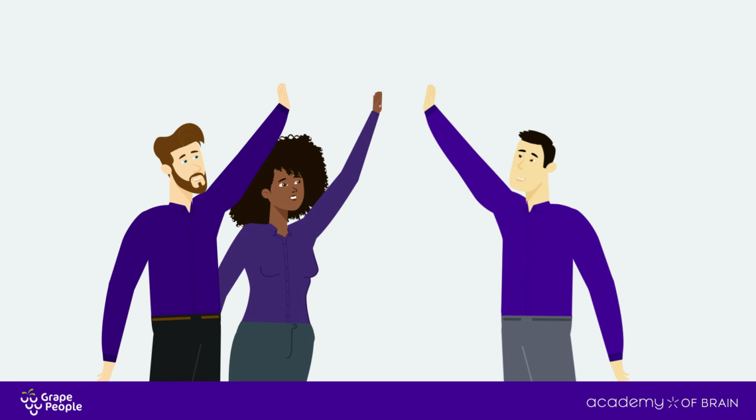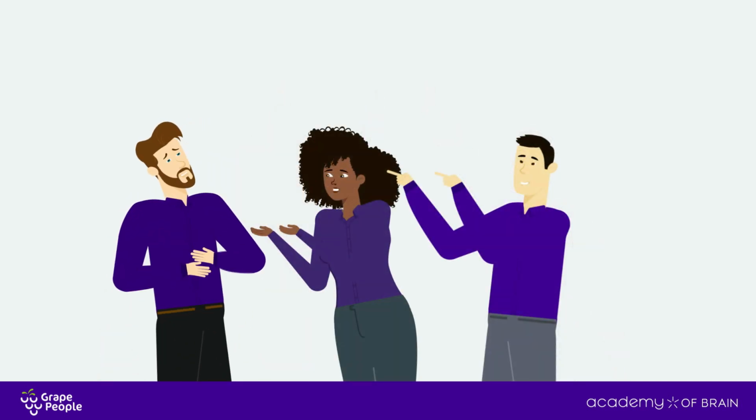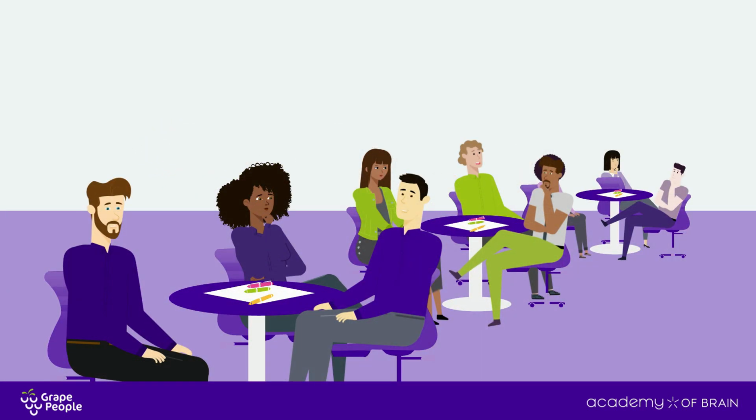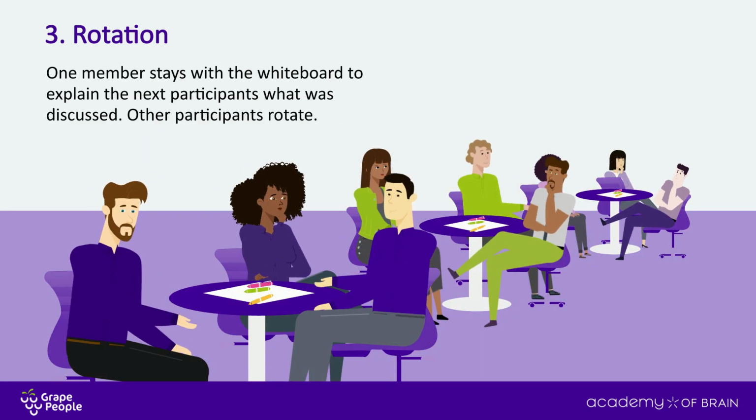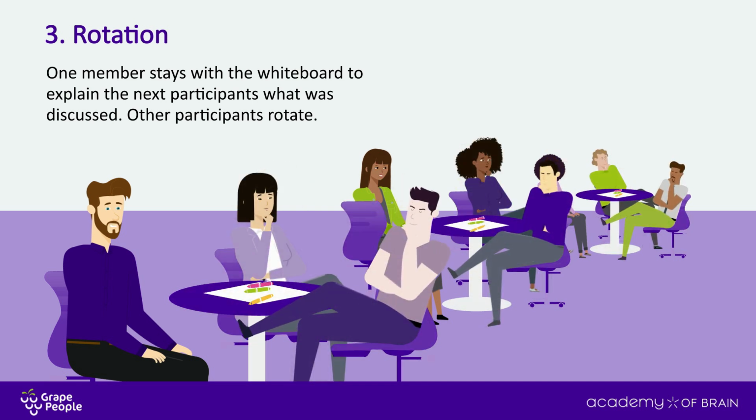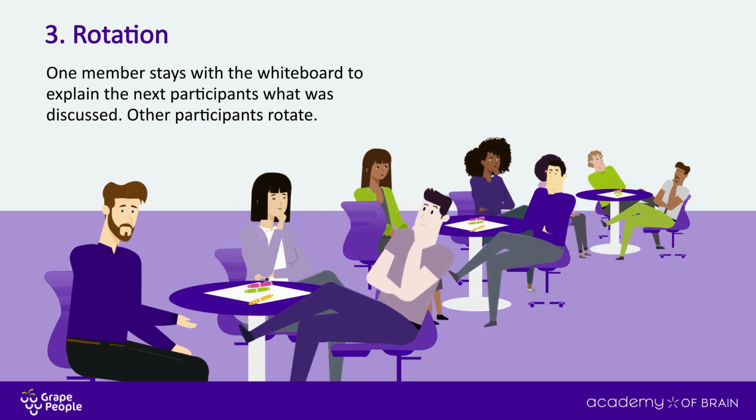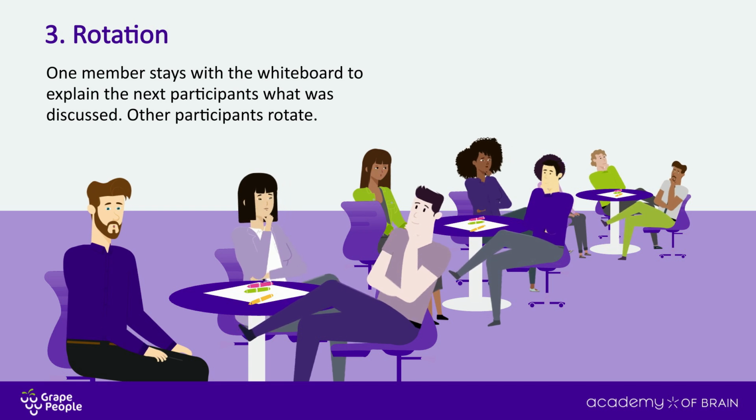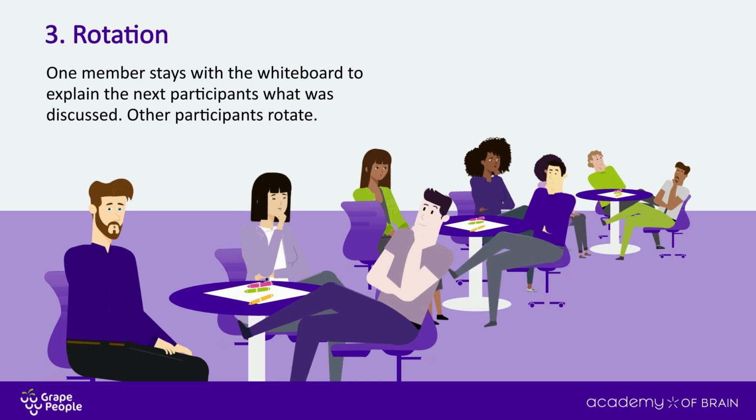After 15 minutes, I asked everyone to point their index fingers toward the sky. I'm going to count to 3, and you will point to the best person to host the table and to explain your ideas. 1, 2, 3, go. We succeeded in quickly choosing the host and had some fun doing it. I continued. Now the host will stay put and everyone else will rotate clockwise to the next table. The host will explain the existing ideas and the newcomers will add solutions. You have 15 minutes. When the time was up, I rotated the groups again while the host stayed put.